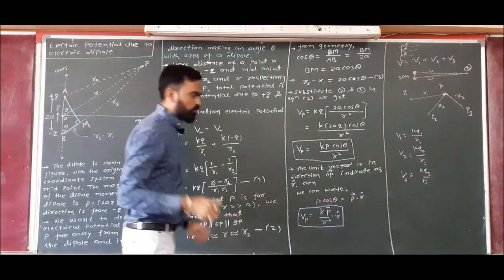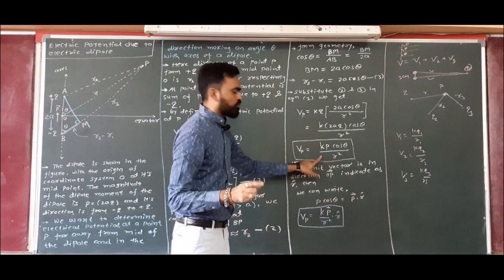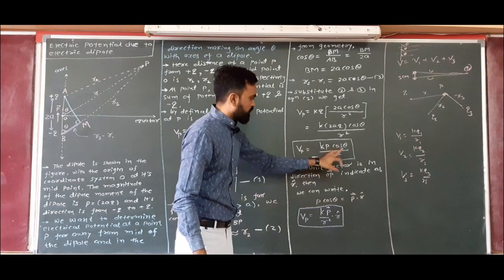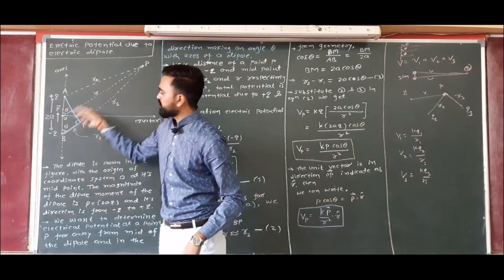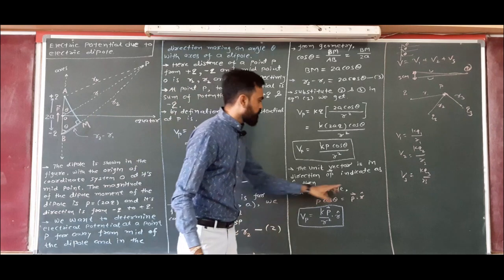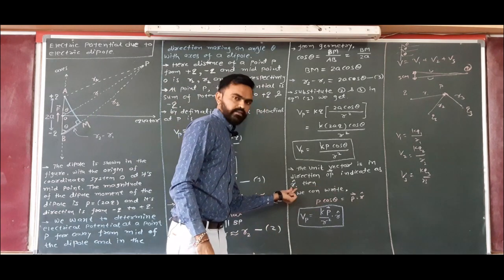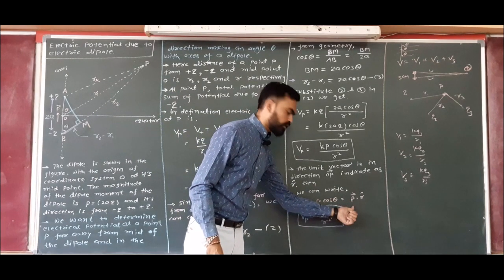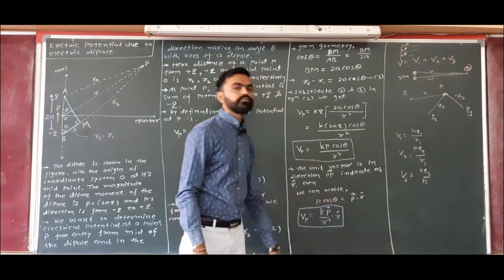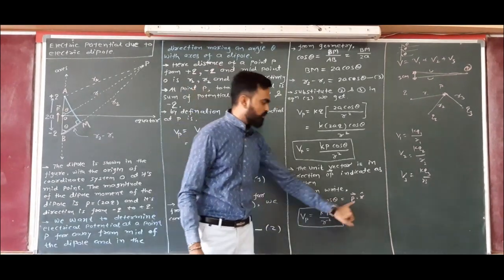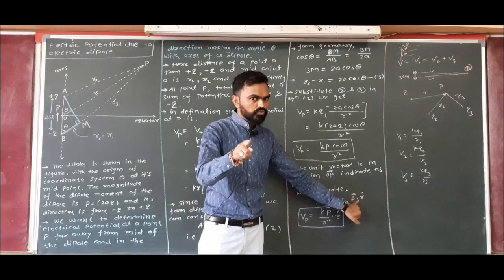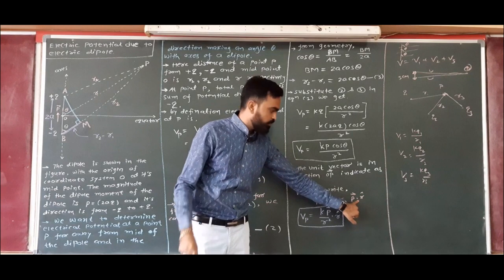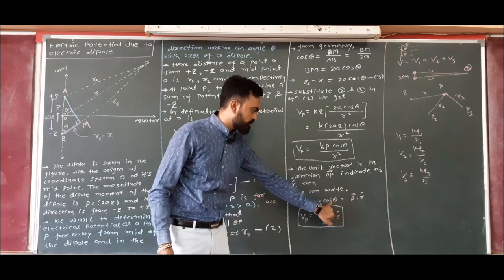Okay. So now how do we go? I want to show this form in vector form. So if r cap is the unit vector in the direction of electrical potential, then how do we write P cos theta? P cos theta is equal to vector P dot r cap. We go in the opposite way. If there is a dot product between two quantities, to remove this dot product we have to bring cos theta, right? So go the opposite way, remove this dot product, very good, there is a cos theta.